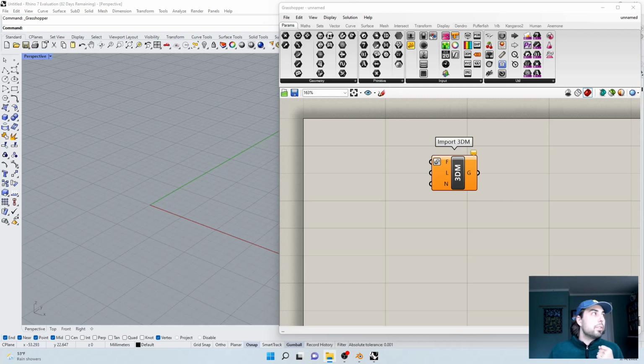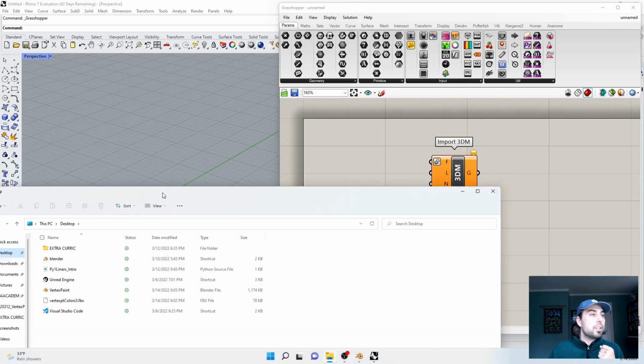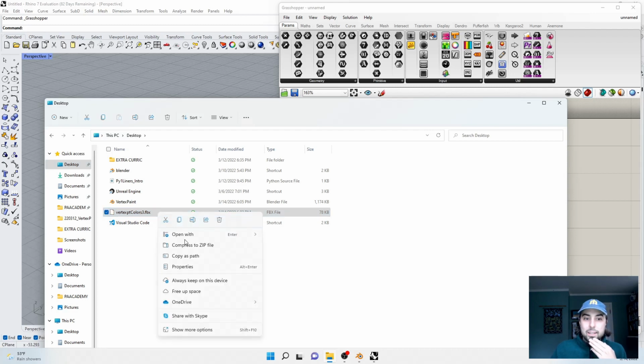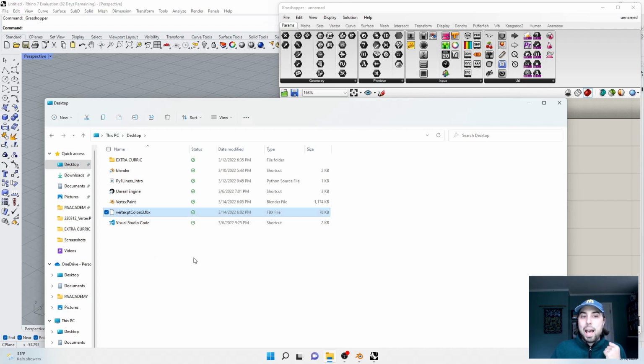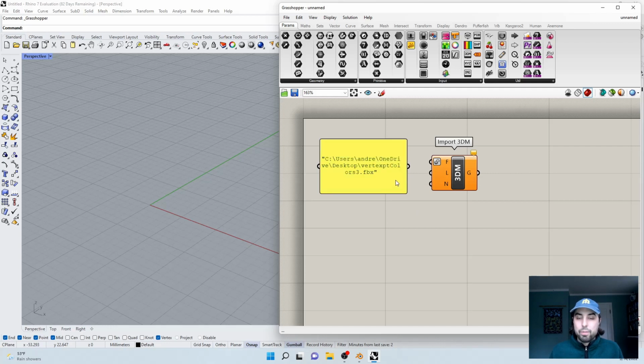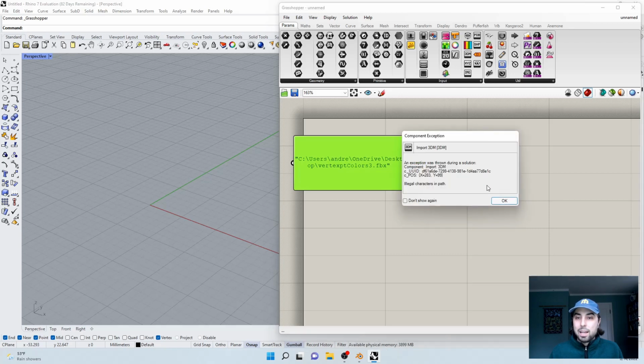Sorry, I have it on my other screen. But I'm essentially going to take that FBX and copy as path. And then if I do double backslash, I get a panel. And now I can just Control V and paste that into the panel. And now what we have is a path that can be dynamically